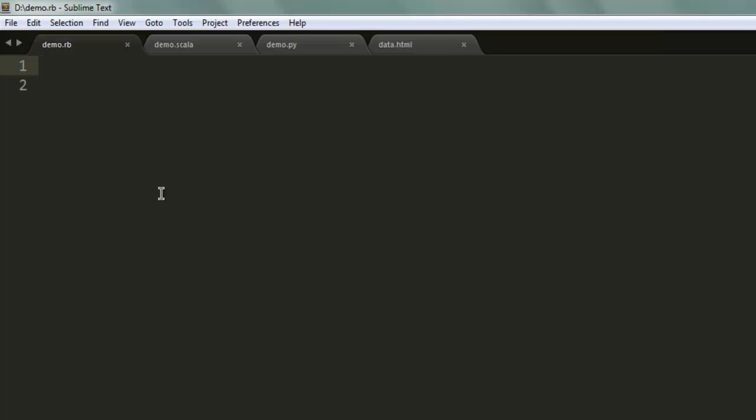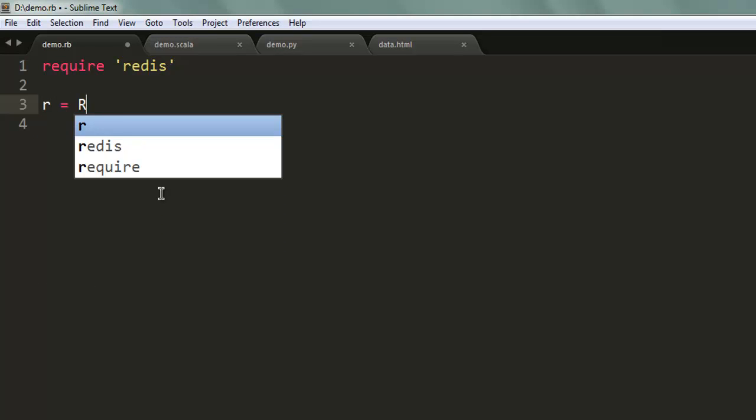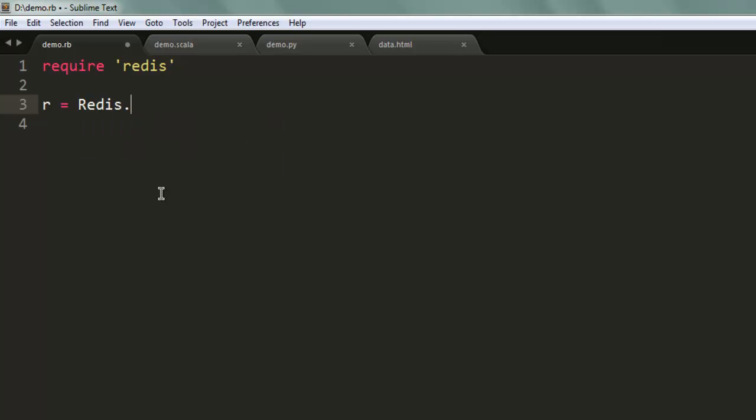So open a text editor and save one file with the name demo.rb. Now type in require 'redis'. Once you call for this gem, the next step is to create one variable that connects with our Redis server. Now what we're going to do is check some of the commands that you can use